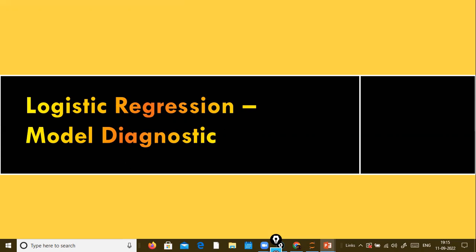Because when you use linear regression, it violates the three assumptions, and it can do misclassification. With the help of the logistic regression equation, the natural log of p over 1 minus p, we are able to fit the model and constrain the predicted value between 0 and 1. We have also seen how to derive the equation. Fine. Next,